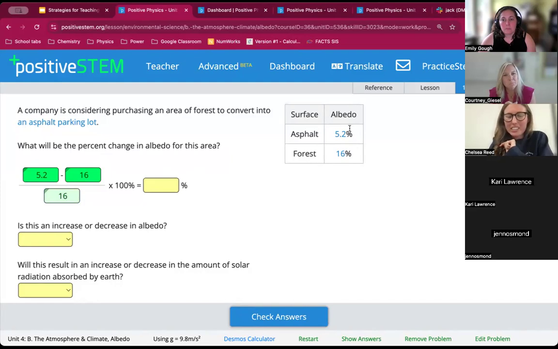Important to note that all these numbers in blue or words in blue means that it's a randomized variable, so that if students are working on this in class or for homework, they have different numbers here. So not everyone has 5.2% asphalt. So they're going to come up with different answers. And then they would calculate this out. And this was a negative